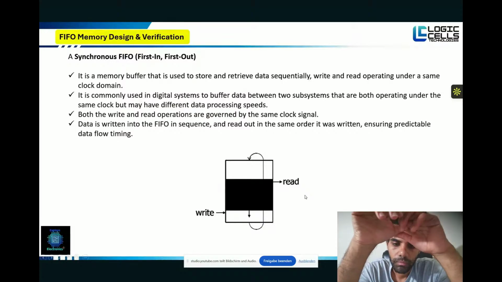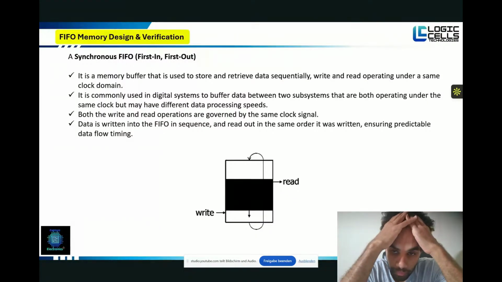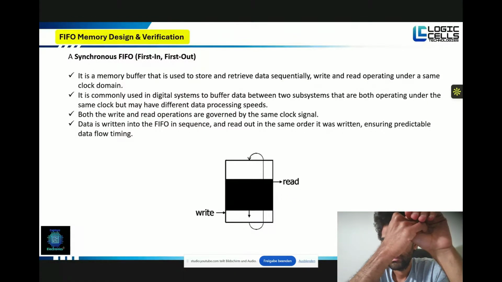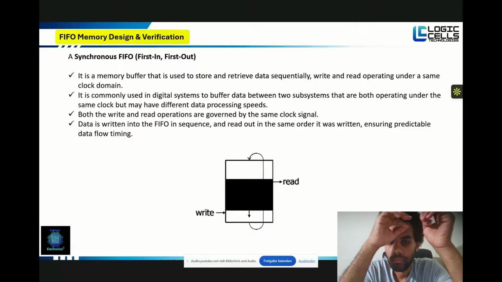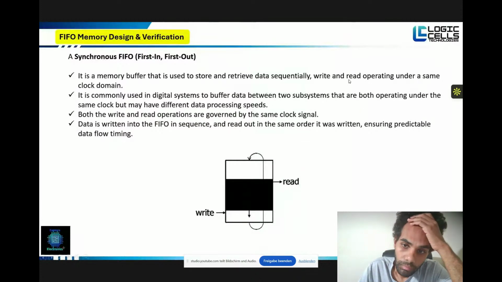FIFO will give you the same order in which the data was written. If you write the value 1 into the FIFO first, then 2, then 3, 1 will come out first, 2 will come out next, and 3 will come out next. This means sequential data transfer happens in this FIFO. And the read and write operations, if